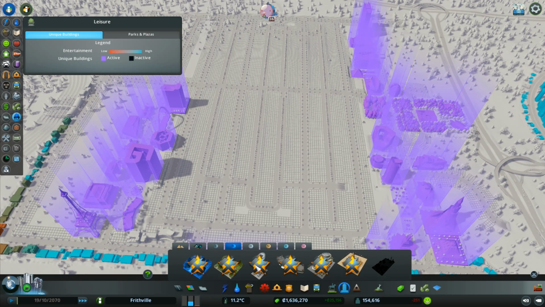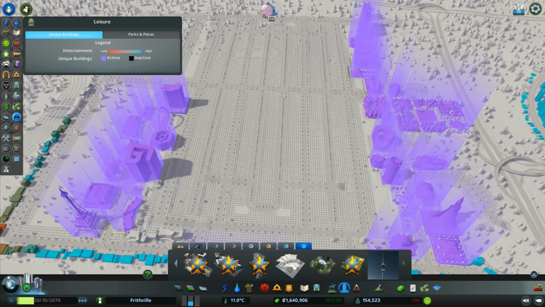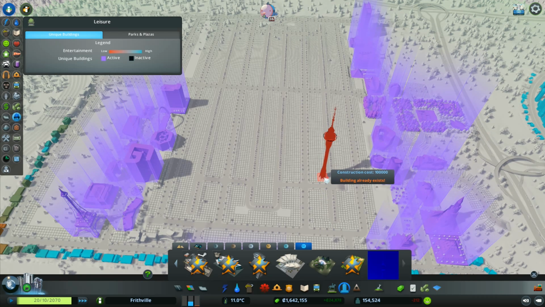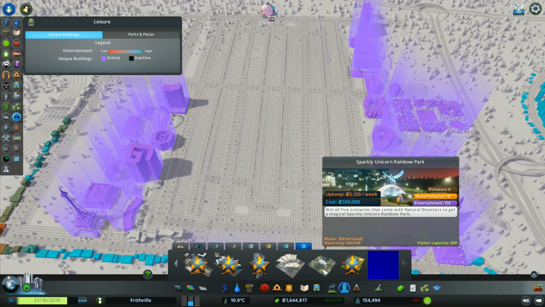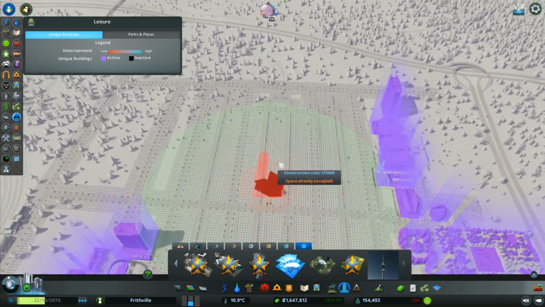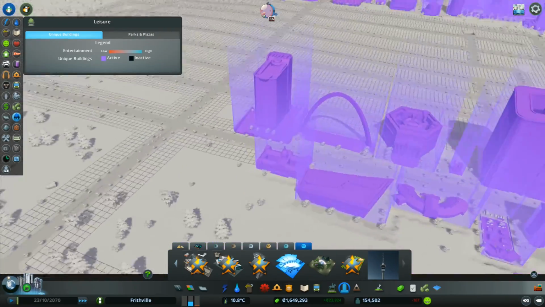What have we got in the way of all the other... I think I've built them. Oh, no. We had a couple of monuments that we still haven't managed to build yet. I've got all the rest of them built now. But that one's built, the Sky Tower. We're not allowed to have another one of those. Building already exists. We're not allowed to build another one of them. So we've got the Sparkly Unicorn Rainbow Park for 500,000. And we've got Theatre of Wonders for 175,000. So we're going to bring that one down here. And this one is going to go...